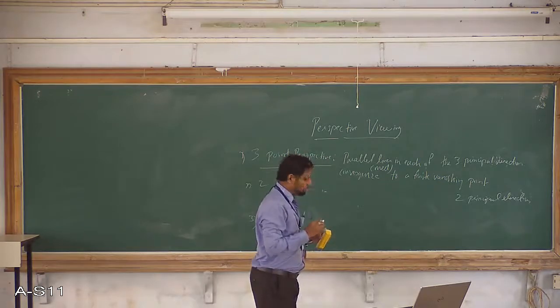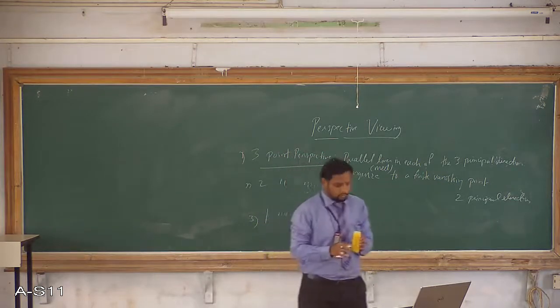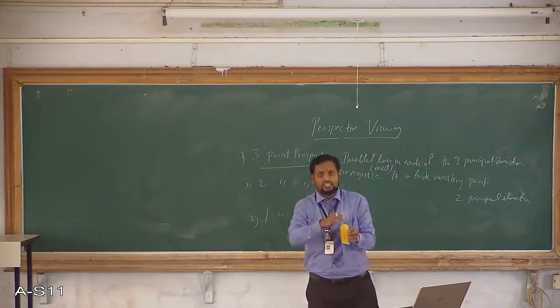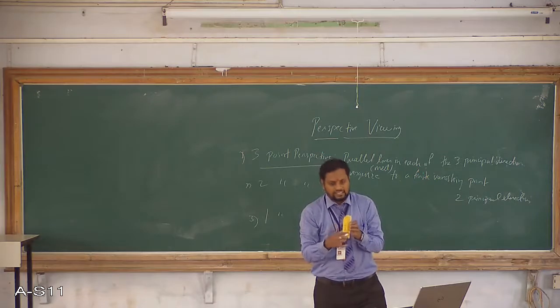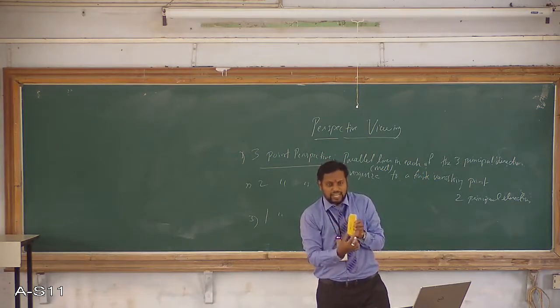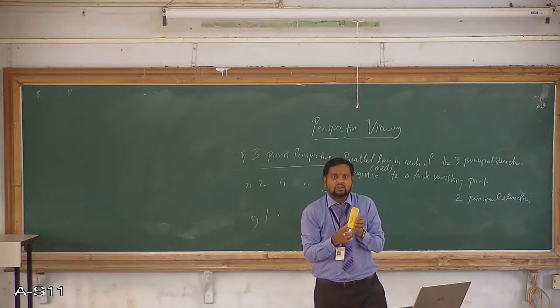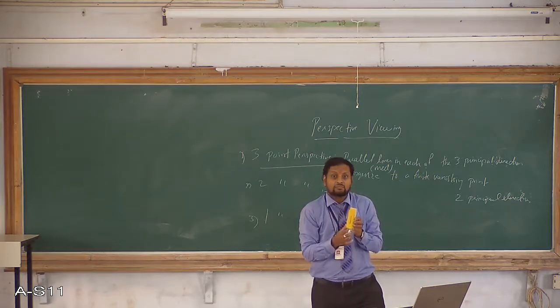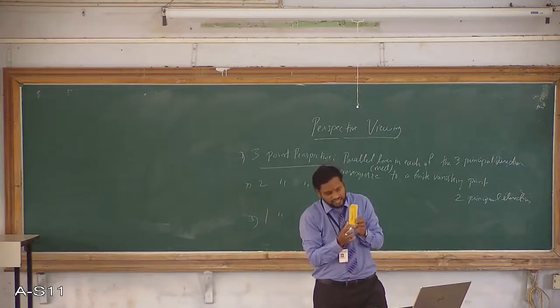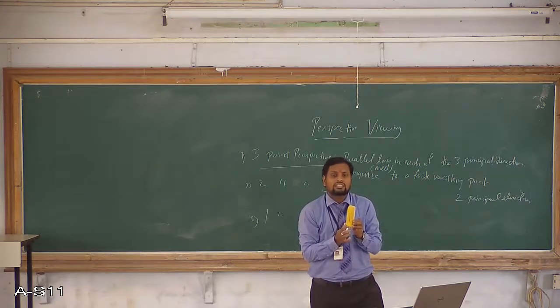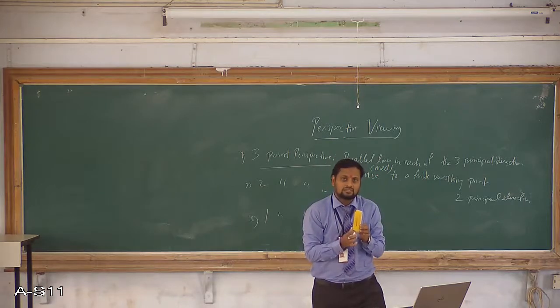Secondly, you have one more, the 2-point perspective view. 2-point in the sense that I am not considering the top view. I am going to consider only two side views, this side and this side. When I am considering these two sides, they are meeting at this corner. Even this is a finite point, right? This side, if I consider, they are meeting at one finite point. This is the 2-point perspective view.